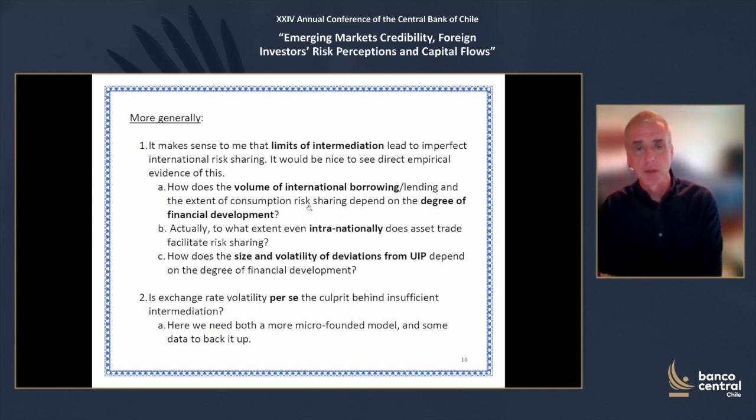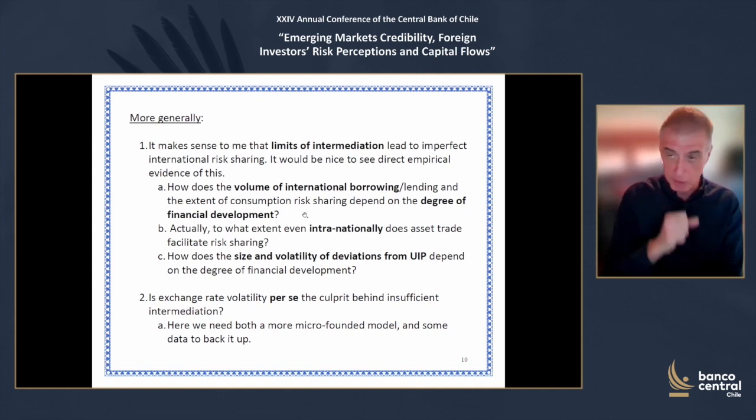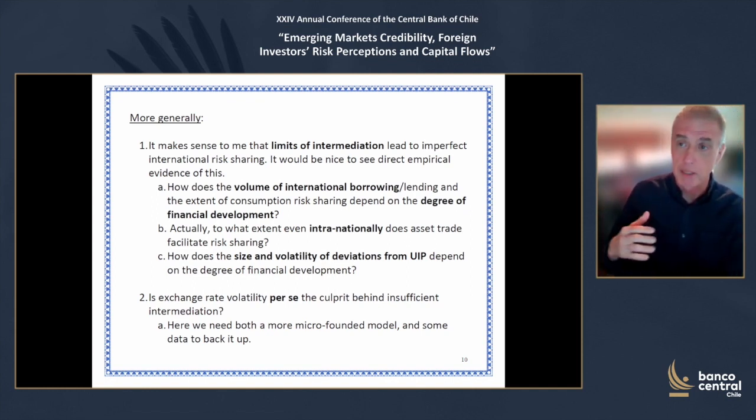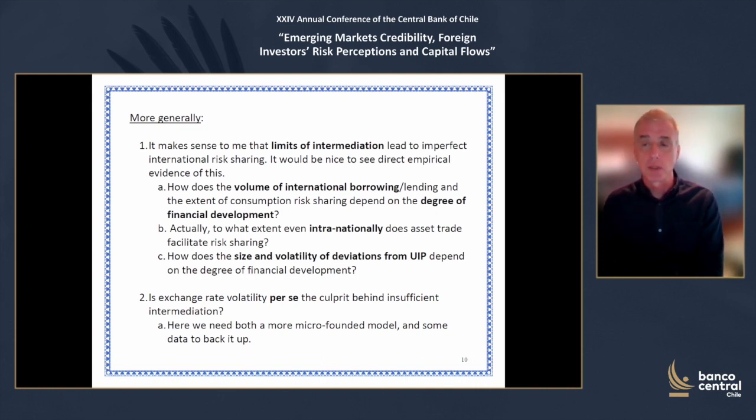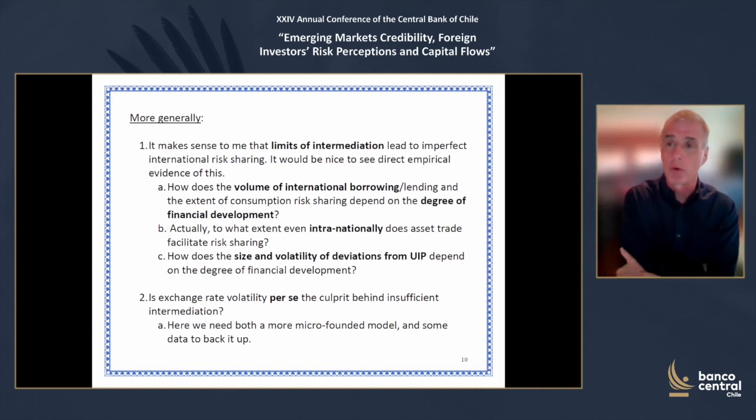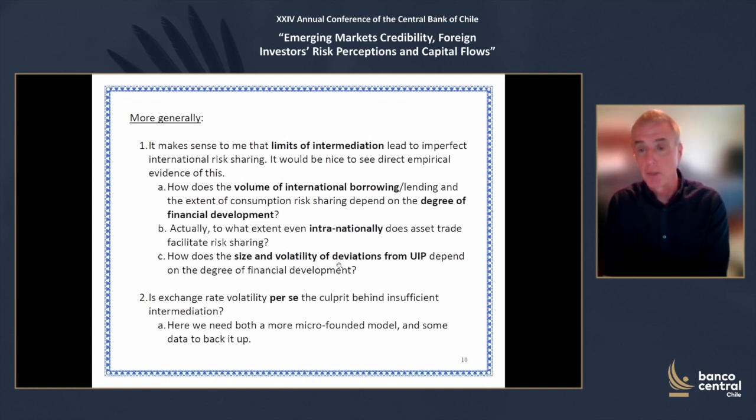Is the volume of international borrowing and lending affecting the degree of consumption risk sharing, and does that depend on the degree of financial development? Actually, something that the governor of the central bank said in his introductory remarks was interesting about how Chile has had more domestic financial development, but has that increased risk sharing? And actually, I'm just a skeptical guy about financial institutions. I wonder if even within a country, more financial development actually improves risk sharing. Beyond that, do the size and volatility of deviations from UIP depend on the degree of financial development? So it'd be nice to have empirical